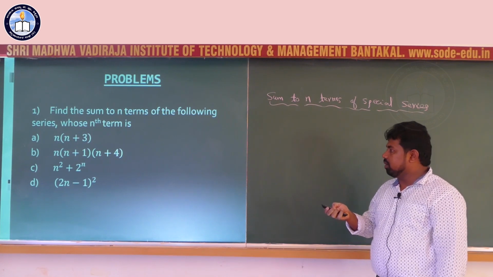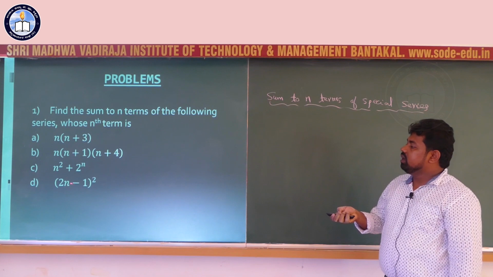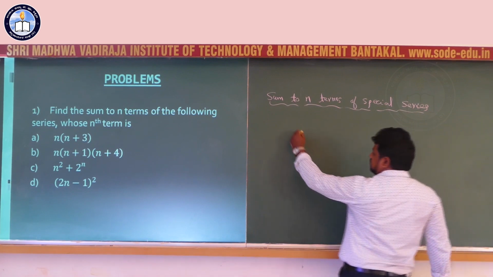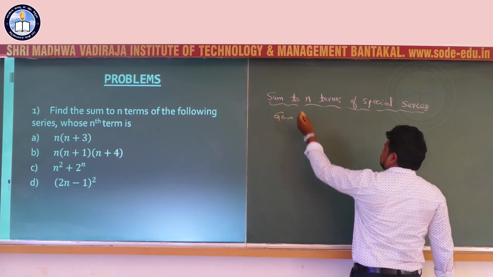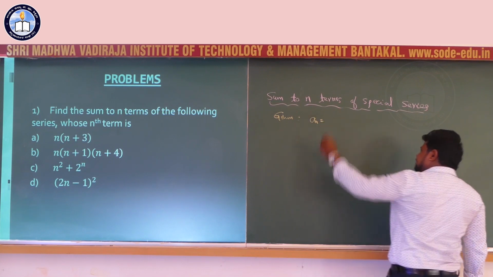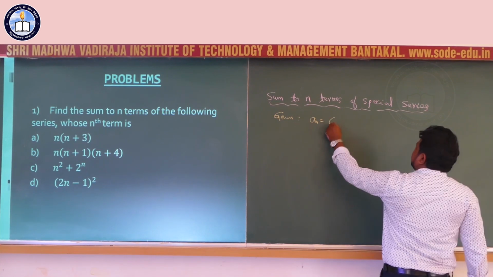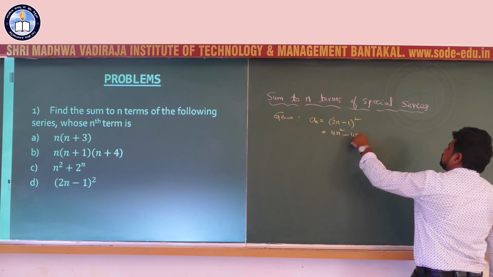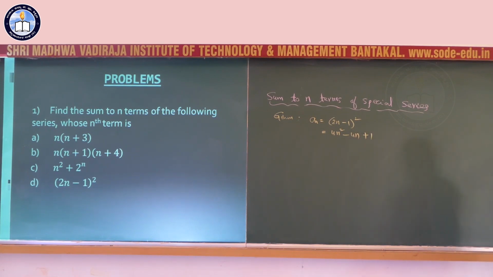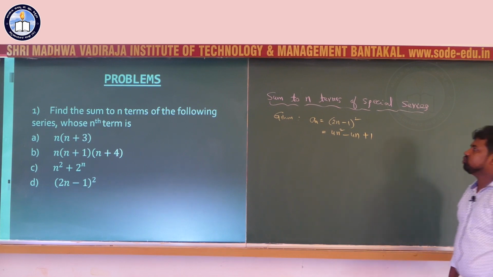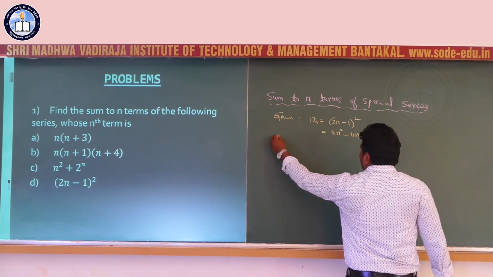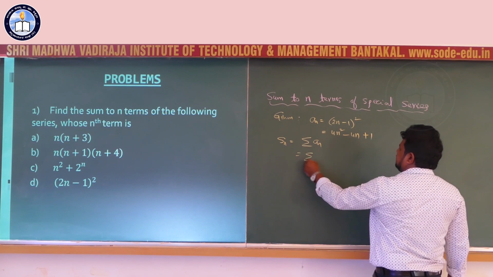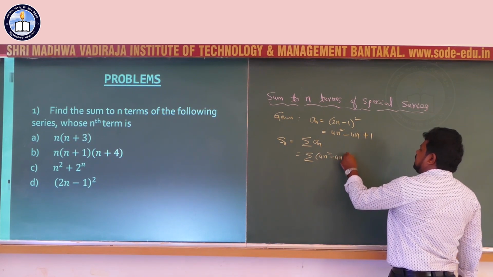Next, fourth problem, D, nth term equal to 2n minus 1 whole square. Given nth term an or Tn equal to 2n minus 1 whole square, that is equal to 4n square minus 4n plus 1, using the a minus b whole square formula, a square minus 2ab plus b square. We want the sum to n terms Sn, that is equal to summation an, that is equal to summation 4n square minus 4n plus 1,